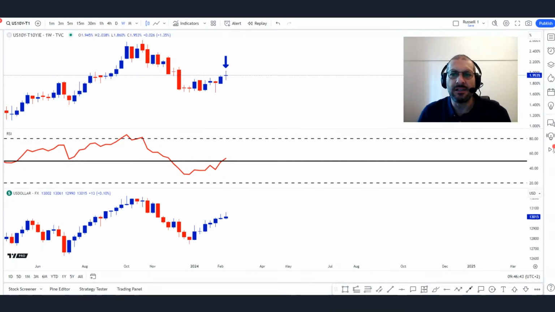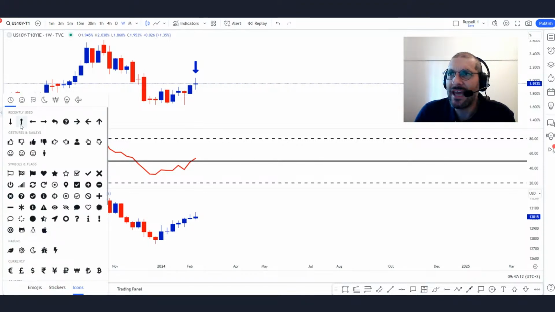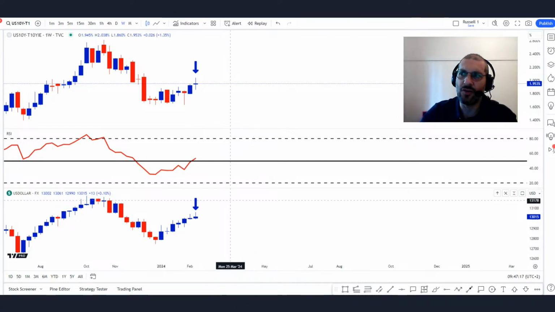All right. So the idea here is that in 2024 we are expecting yields to come down, but it's getting pushed back. March getting pushed back to May, May getting pushed back to June. So I think there is a sense of uncertainty that's coming in. It is interesting that we have got this candlestick on the dollar showing some sort of inverted